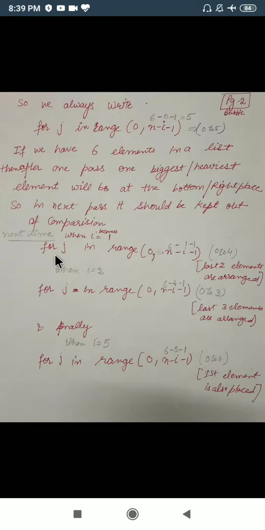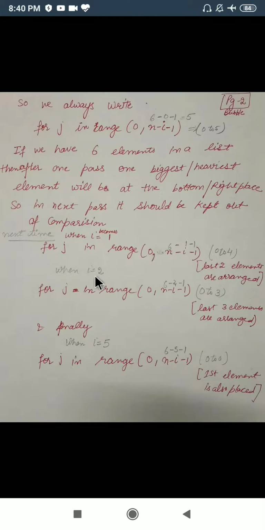So for j in range, this statement we have read before also. Now when i has become 1, what will be the new value? 6 minus 1 minus 1, so j will vary from 0 to 4. Means now we are not required to arrange the last 2 elements because they would already be arranged.